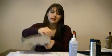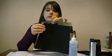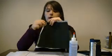The curve is a little bit tricky, because if you were to try and fold it over and pin it down like you do on the sides, once you try and get your curve back, you're going to end up with lots of wrinkles. It's really not going to sit nicely. So it's an easy fix. The way to avoid that is just cut tabs into your good material, and the tabs only go as far down as your seam allowance,